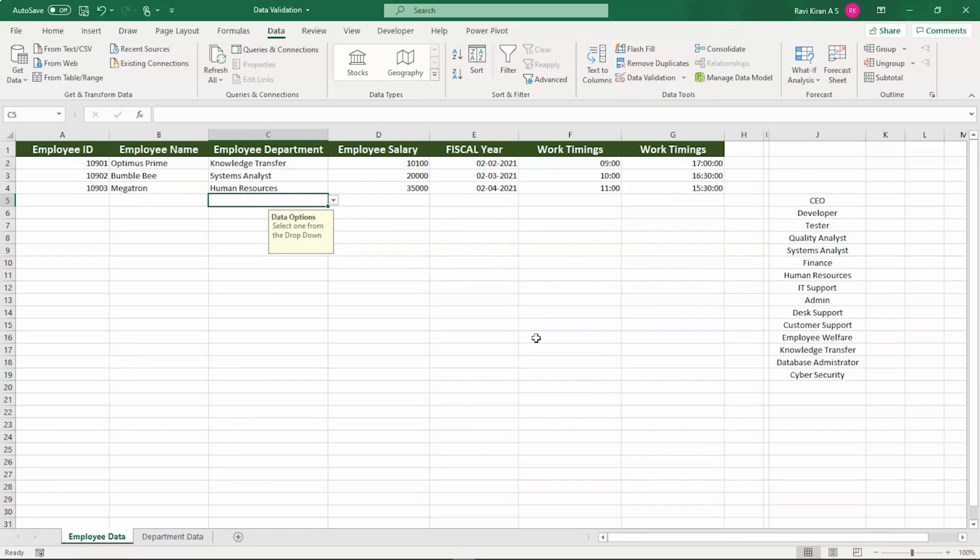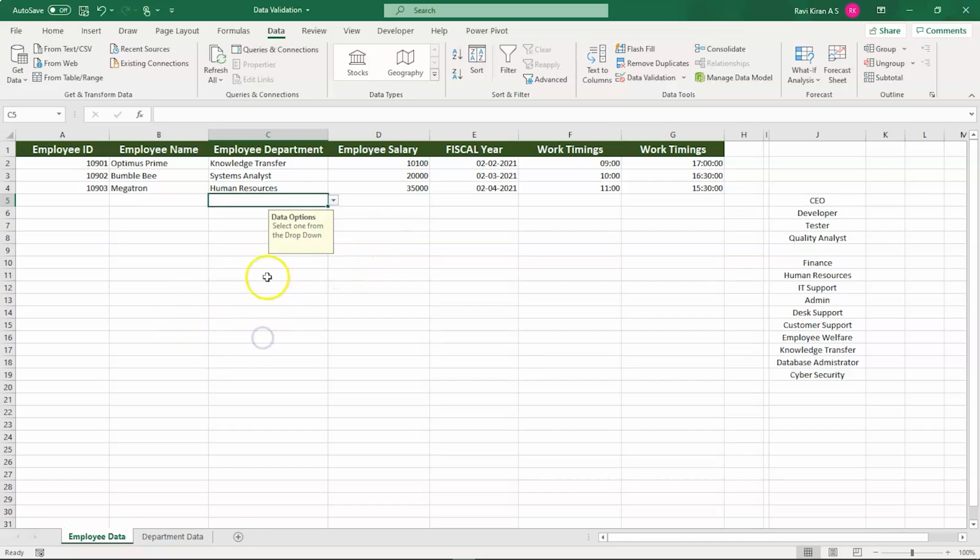So but what if you provide this sheet to your new joinee or new employee in your company, and by mistake he messes up something like deleting this? Okay, so we have deleted systems analyst, and when you click on the options, here you don't have systems analyst. In that place you have blank space, right? So there is a way where all your data can be messed up.